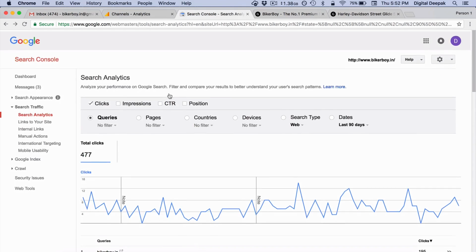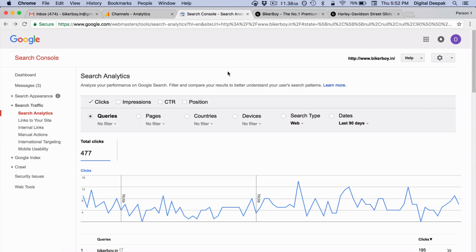So this is how you need to get your SEO up and running for your blog even without doing any SEO. And once you start seeing numbers like this behind your blog, you will be encouraged to go ahead and publish more articles, find out what your users want, answer their questions, and you will also be encouraged to do some keyword research, start looking at keywords, start looking at search volume, and basically getting more inspiration for increasing your